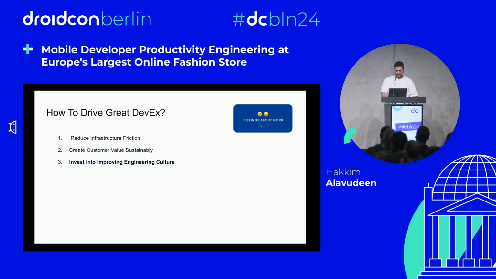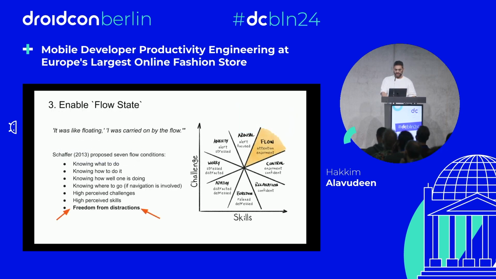Okay, so that brings us to our final part, which is investing in improving engineering culture. There are a lot of theories on how to do this, right? But there are just a couple that I wanted to highlight. The first is this idea of a flow state, or flow. So in the graph of challenges against skills,